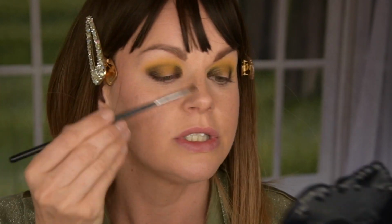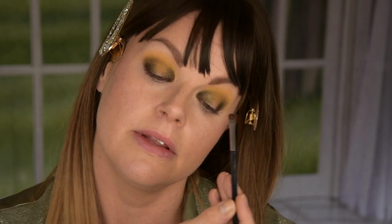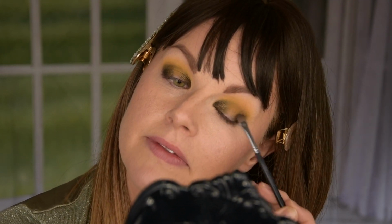Now I'm taking this Grunge. I'm spraying it, same brush. I'm just cleaning it in between. I'm gonna put it in next to that other shade, and I feel like this is a little more green. That other one is a little more brownish, kind of. So I'm just putting it in a very small area. I don't know if you're able to see this, but I just want to try it out and see. I can definitely see the difference where I put it. Maybe it's a little bit hard when it's this small of an area. Oh my god, it's...